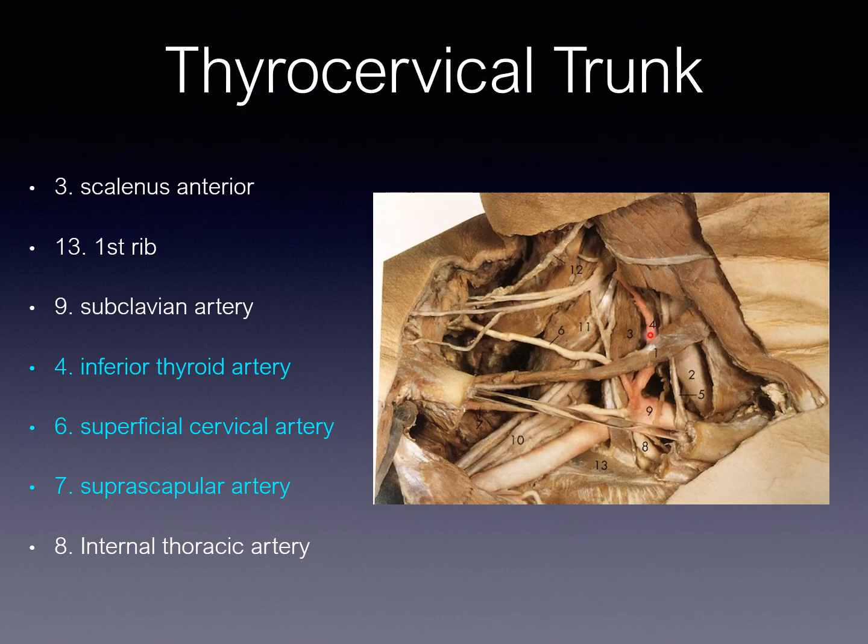And then on the thyrocervical branch we will see this is the thyrocervical trunk. Inferior thyroid, it's going up, one branch. Second branch is the superficial cervical artery, and the third branch is the suprascapular artery. So you all should keep it in mind. Thyrocervical trunk has 3 branches, 1, 2 and 3.